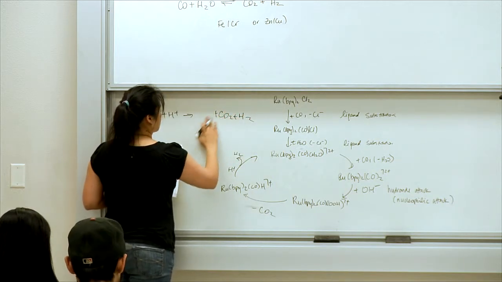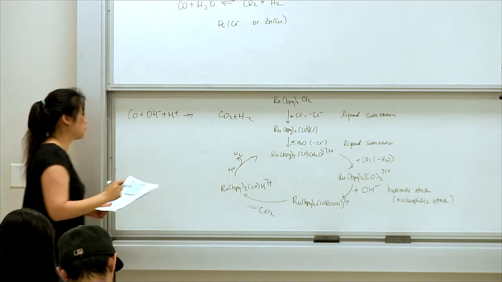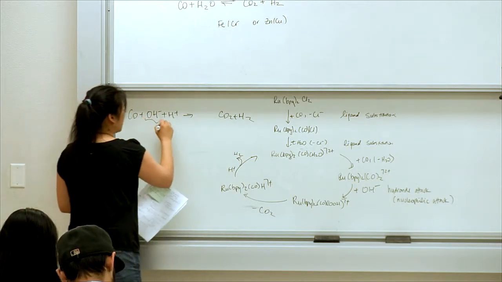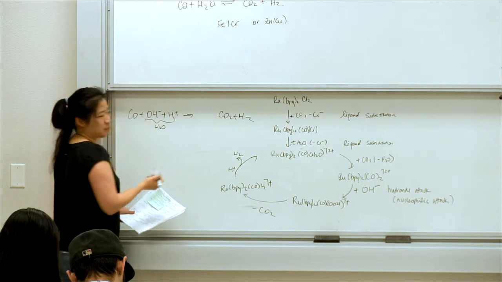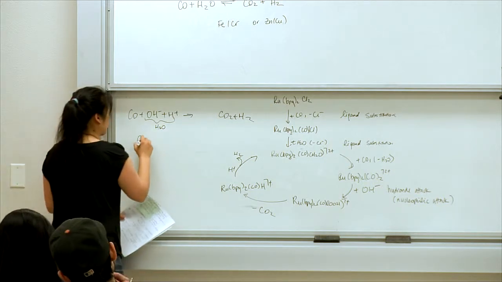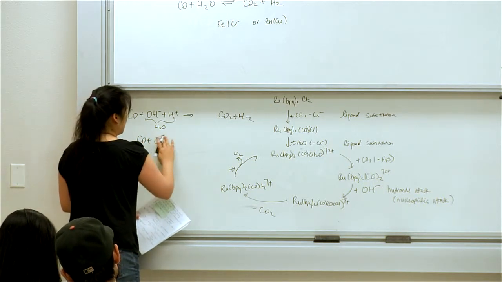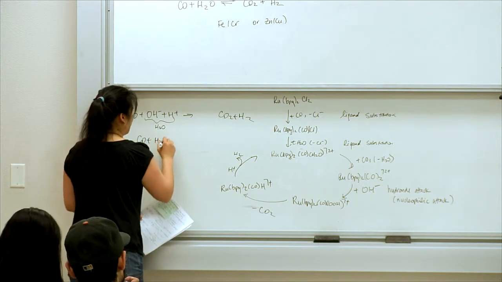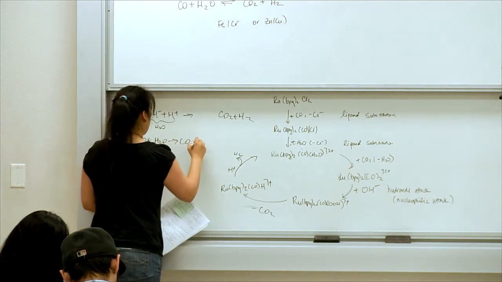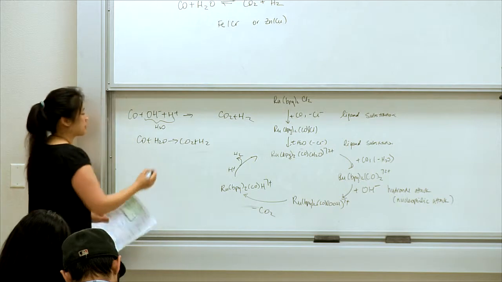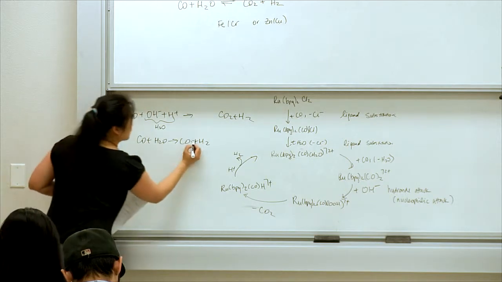Those are the two products. Of course, this just gives you H2O because they're basically conjugate acid and base. Freshman chemistry. CO2 plus H2. So this basically mimics the water gas shift reaction, and it sort of allows us to study